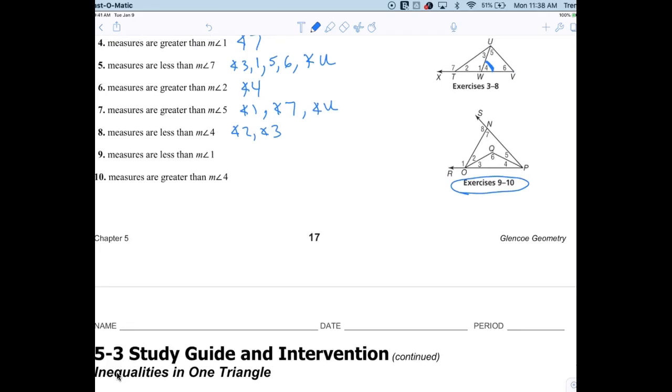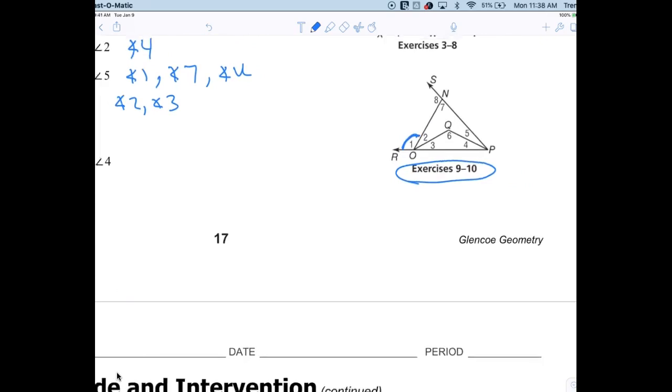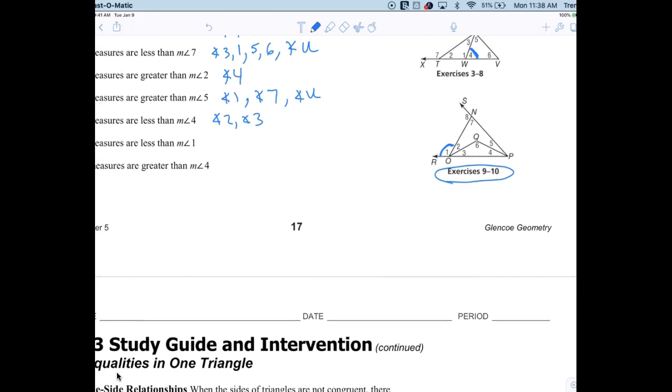Okay, so now I'm going to highlight angle 1 because I think this is the way we should do it. Here's angle 1. So now, tell me again. Angle P. I like that. Angle 7. Good job. What else? And then angle 5. Yes, sir. And angle 4. Angle 5 and angle 4. And then angle 2 and 3. Angles